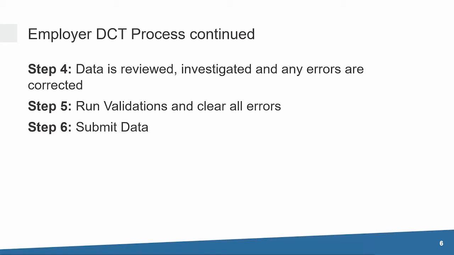There is also a DCT submission checklist to assist you with submitting the DCT. This checklist is available on our CAT website under Employer Education Guide, Data Reporting. As always, you can contact your employer pension analyst with any questions. The DCT will be available to you on January 22nd, and the submission deadline is March 15th, 2021.